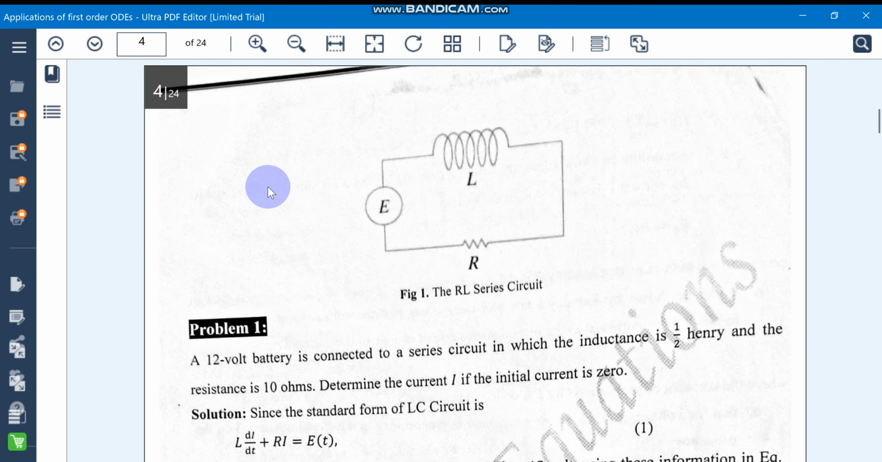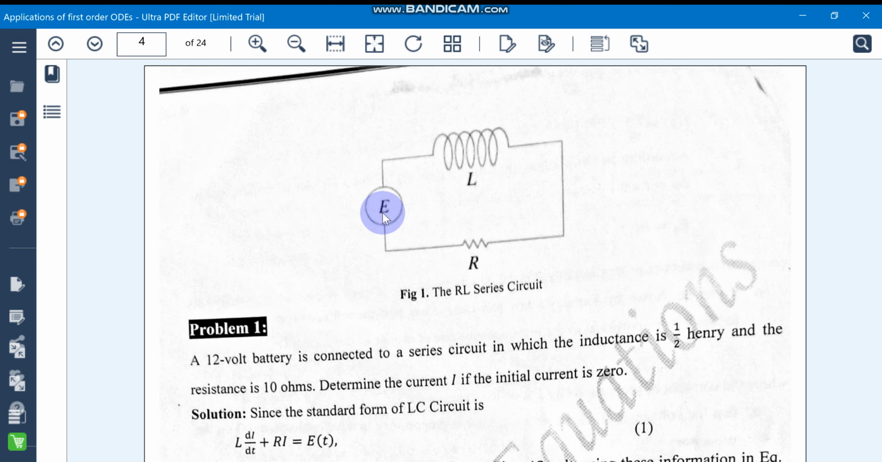For example, here is a circuit in which an inductor is fixed and a resistor is fixed, and there is some impressed voltage, a source of voltage rise. This is called the electromotive force. For example, आप consider करें कि आप किसी circuit में आपने बैटरी लगाई हुई है, which is the source of